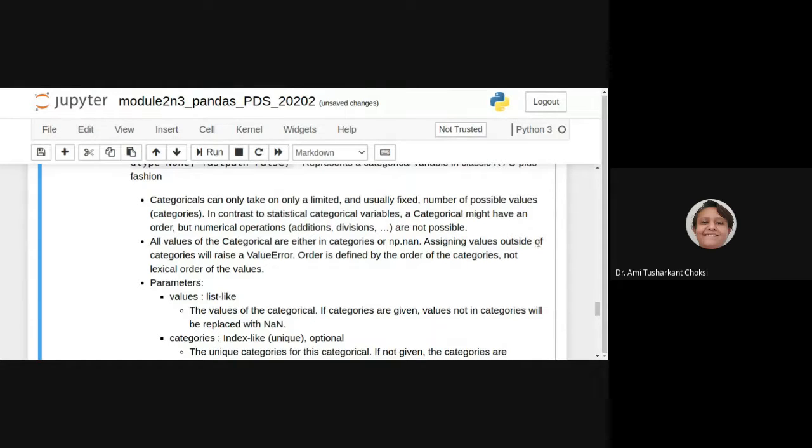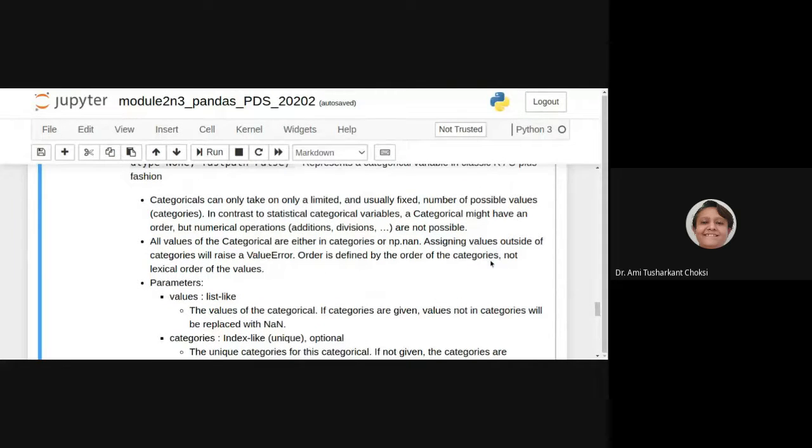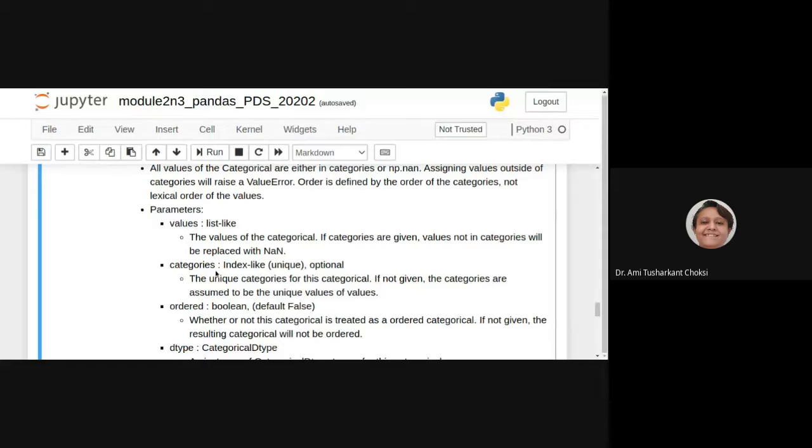Assigning values outside of categories will raise a value error. Order is specified by the order of the categories, not the lexical order of values. Lexical order means if the numbers are there, 1, 2, 3, 4, that way. But here we can define the order.